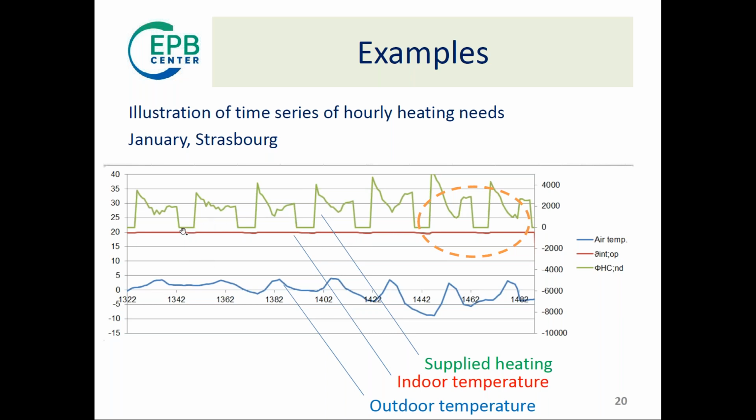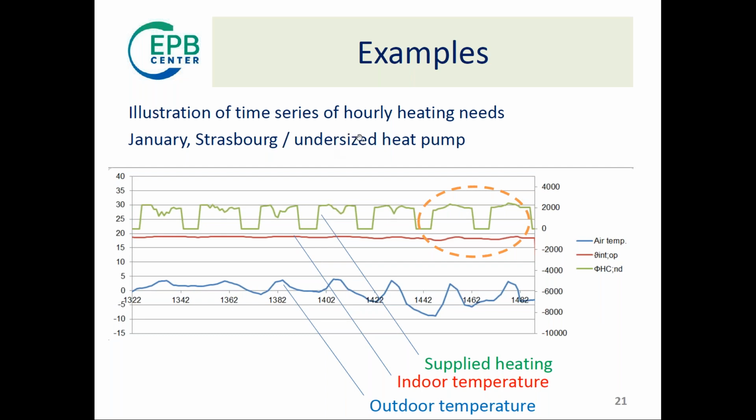Although at night the heating is switched off, you see that the temperature hardly decreases. So it's a quite heavyweight building. And the outdoor temperature is around 0, and here a low peak of -8 degrees, and no special things to see here. But if I go to the next slide,